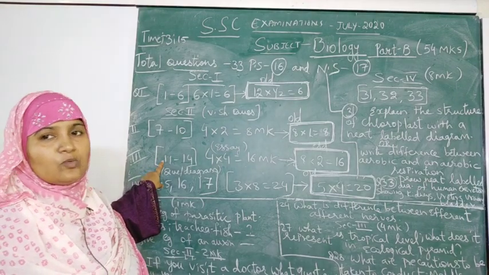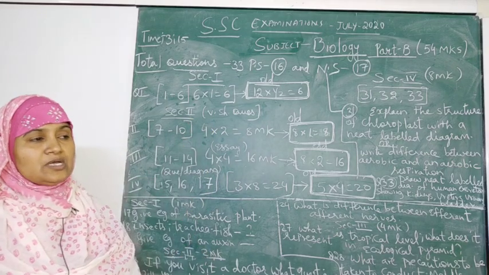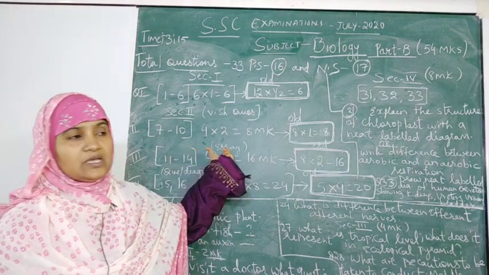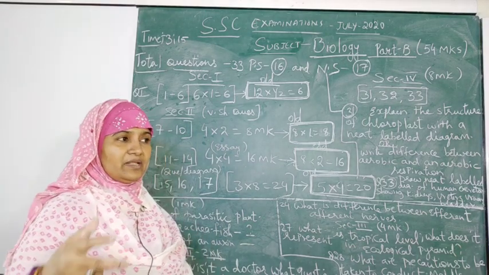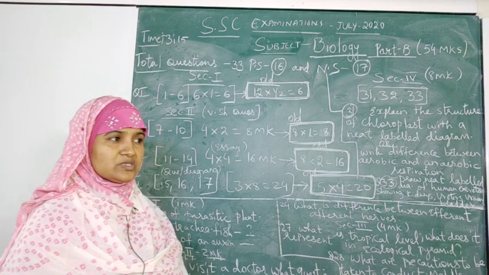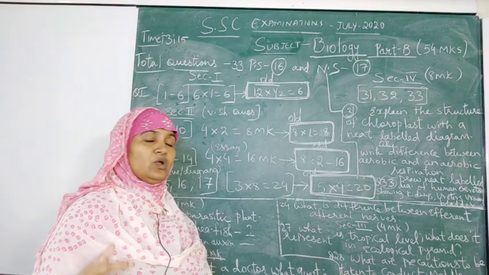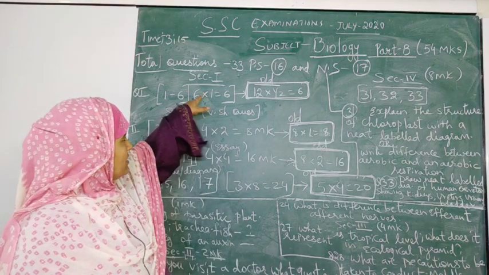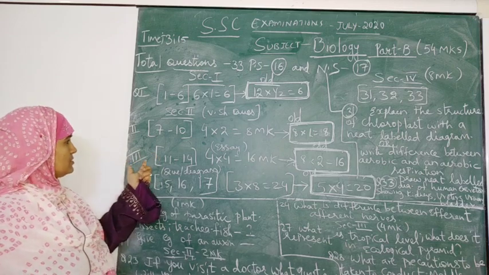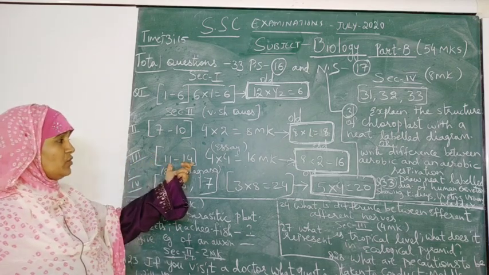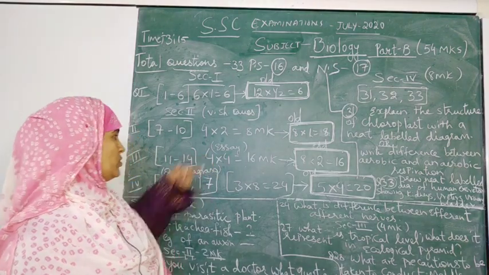That means essay questions are more in the new pattern, and multiple choice questions and 1 mark questions are reduced. So you can focus on the main questions or the 4 mark questions that can help you to secure more marks easily. So better to practice and go for the 4 marks questions and 2 marks questions that you have in your books, detailed ones. You can go through those questions more, because in the pattern they have reduced the number of questions here. Then Roman 3 consists of question number 11 to 14, which carries 4 marks each, and you will be having a total of 4 questions here.